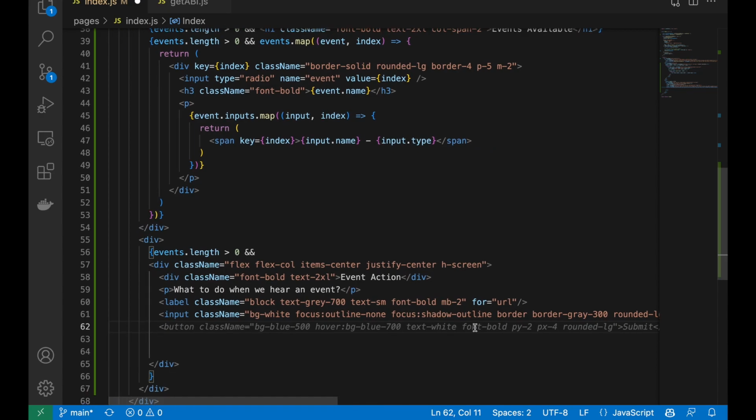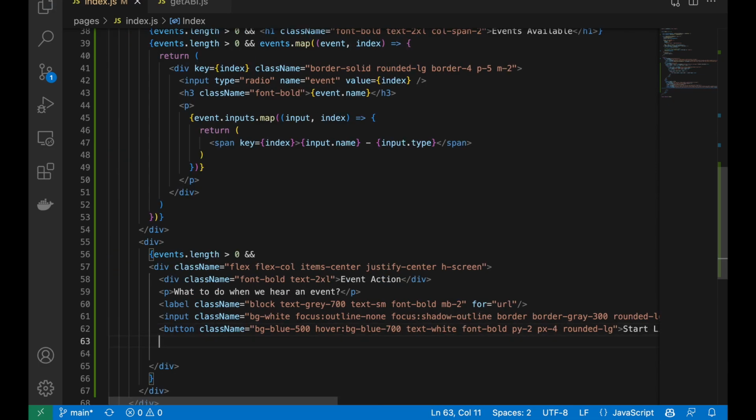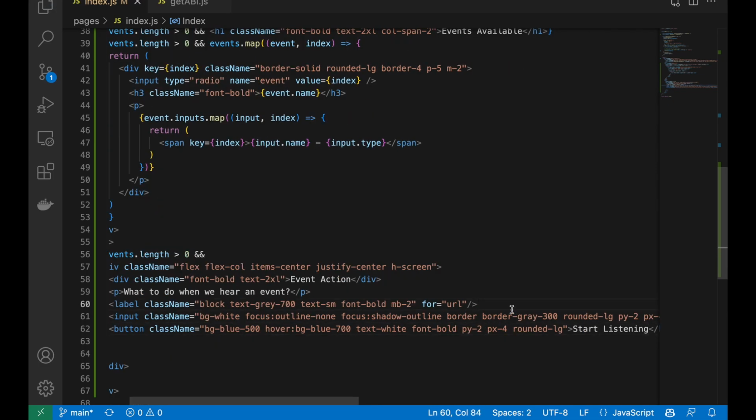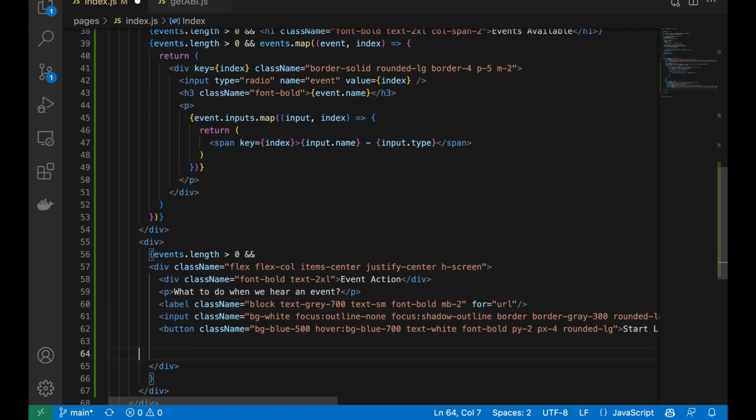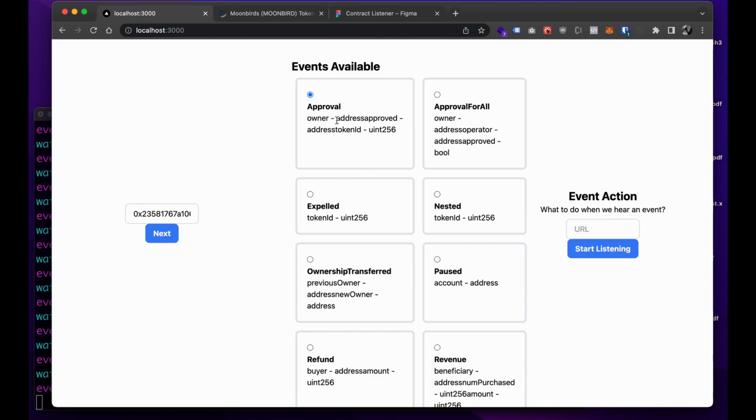And now we need some type of button, and look at that, our AI already knows that, which is great. And we say submit. I'm going to say start listening. Awesome. And I think that's all we really need there, right? So let's see what this looks like. All right, look at that. So now we have